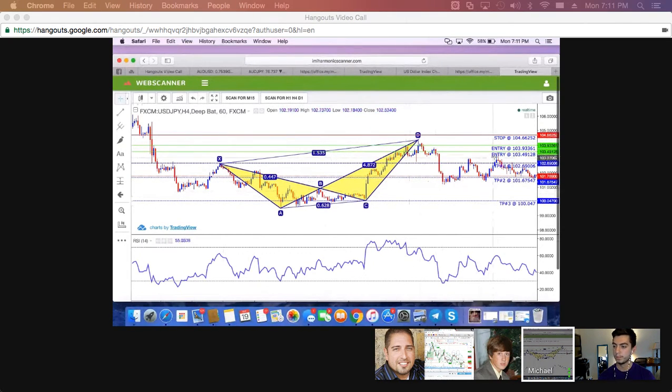USD JPY hit that entry, actually, when you sold it. I know, that was unbelievable. I couldn't believe my eyes when that happened. Because then it wicked. It went way up, hit a new candle, went way up, and then it wicked at the same spot where it started the new candle, and then it started the downtrend.